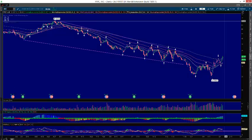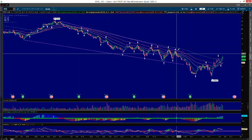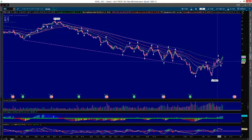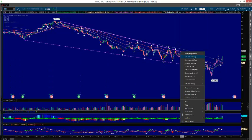RRC. Here's one I like. Chart pattern: falling wedge. Broke out of the wedge here, came back up, so got back over this trend line. Looks to be reversing. If I extend this wedge that I had drawn a while back,